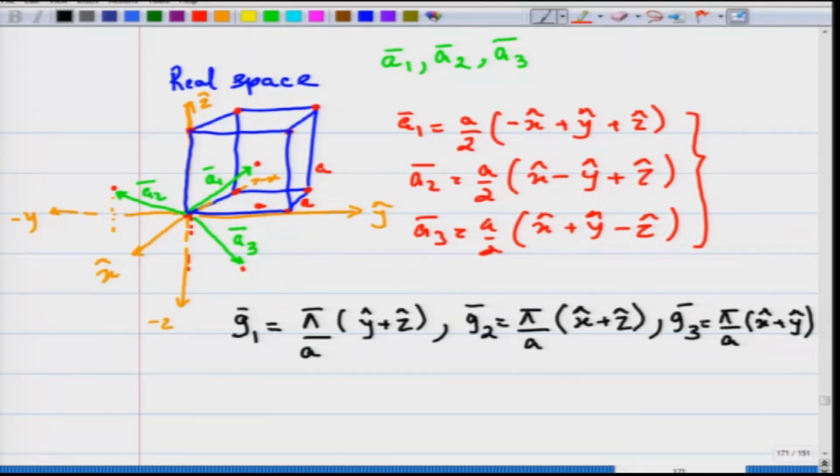And now we can actually sketch what type of lattice you can generate with G1, G2 and G3. So, this was your body centered lattice. We had a BCC lattice in real space, and from the BCC lattice we are now generating another lattice corresponding to the BCC lattice in reciprocal space. What is that lattice? Let us find out.